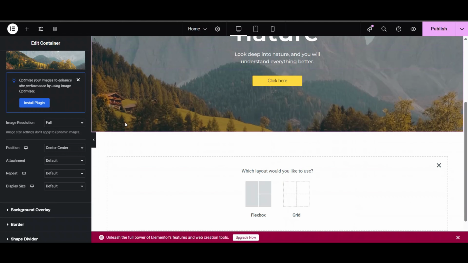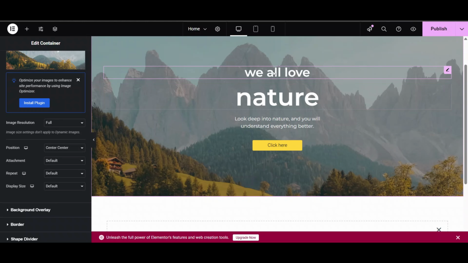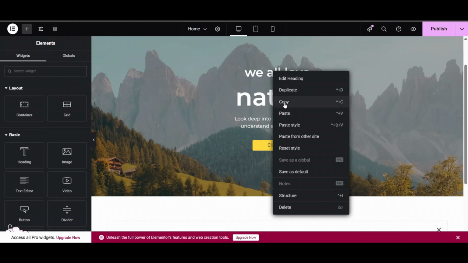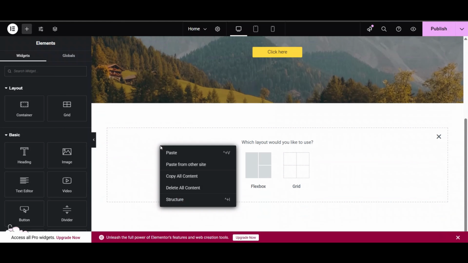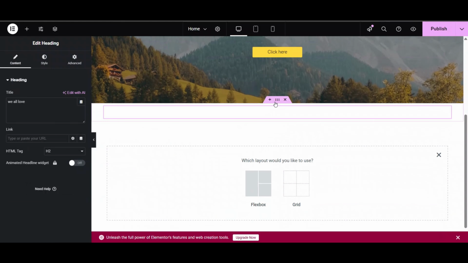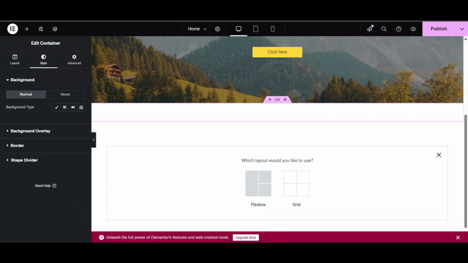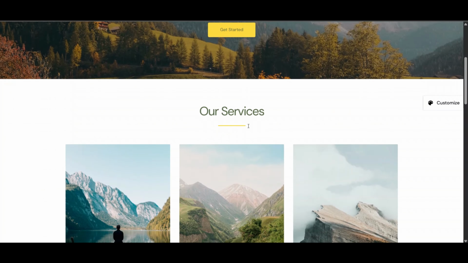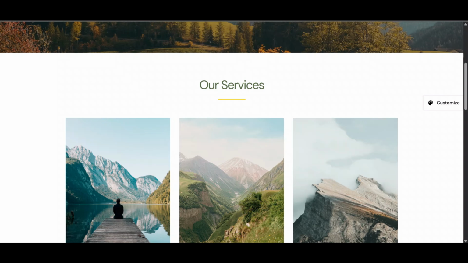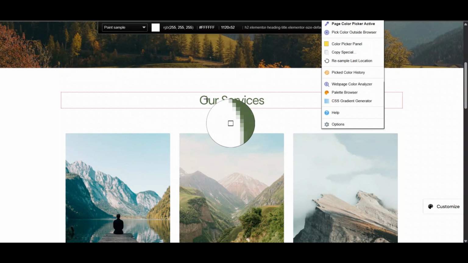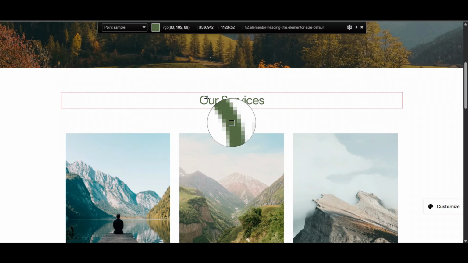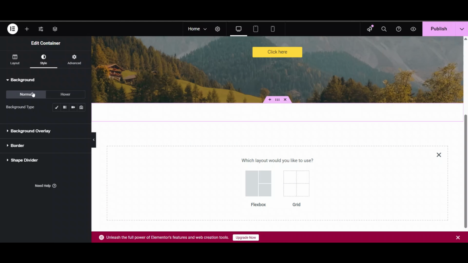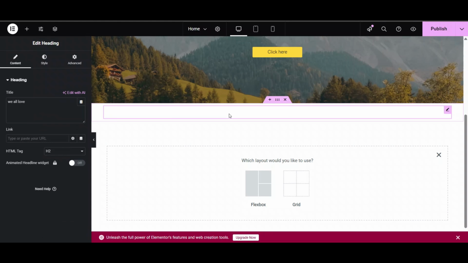After that, we will add a heading. I will just copy this, paste it here. Now style the color as per this section. Go to text.